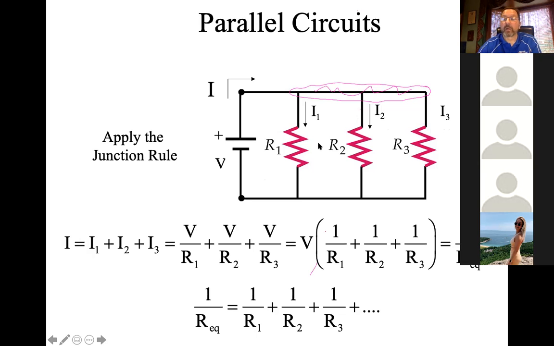Okay, so a mathematical statement of Kirchhoff's junction rule in this case is that the current leaving the battery, which I've left unsubscripted, I just called it I, has to be equal to the sum of I1, I2, and I3. And I'm hoping that's more than just something you memorize. I'm hoping that just makes sense. No charge is kind of flying off the circuit anywhere. Whatever leaves the battery has to go someplace, and it just has to split between the 3 possible places it can go in this circuit. Okay, and so I'm starting with the junction rule here, and of course Ohm's law still applies.